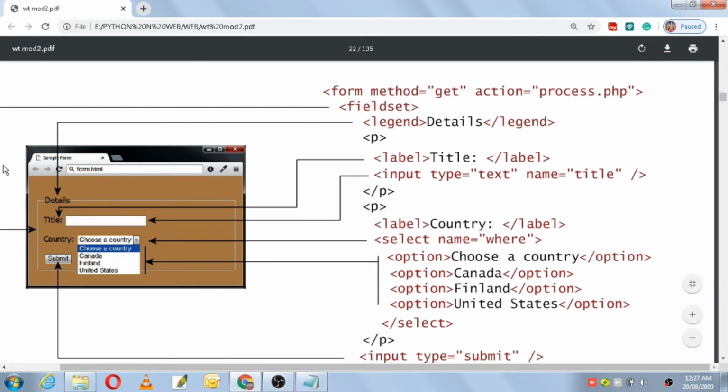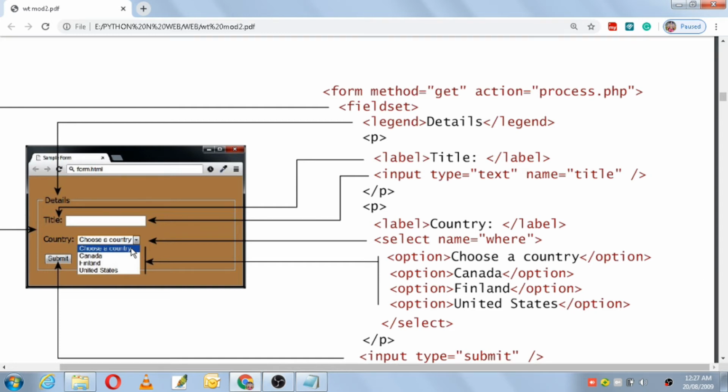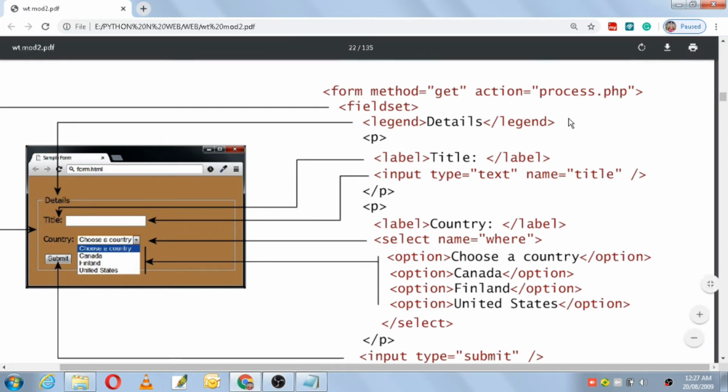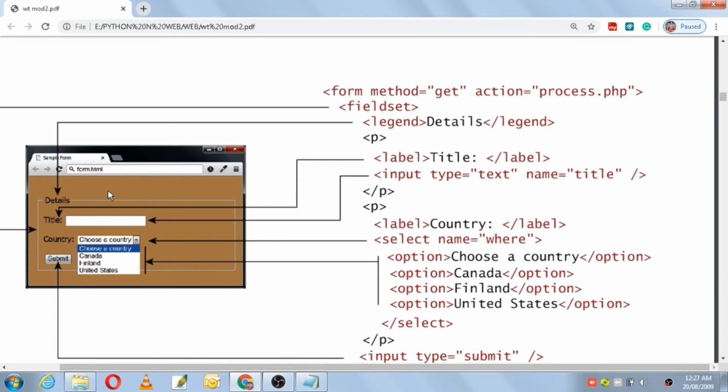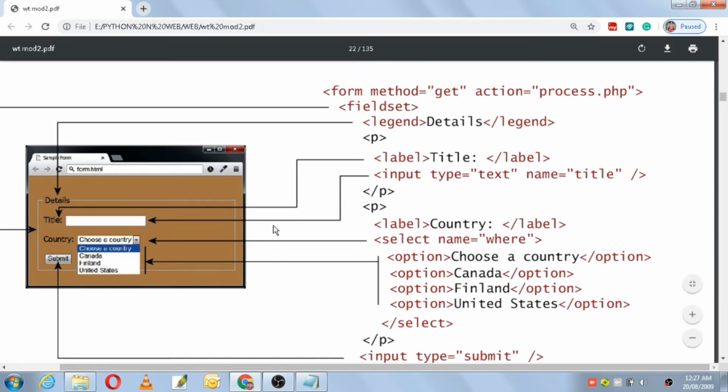So to create a form, which language are we using here? HTML. To create a form we use HTML, and to process the data of a form we make use of the PHP language. Here HTML is used at the user side, so a user makes use of HTML code to create this interface, and at the server, to process the form data, they make use of PHP code.